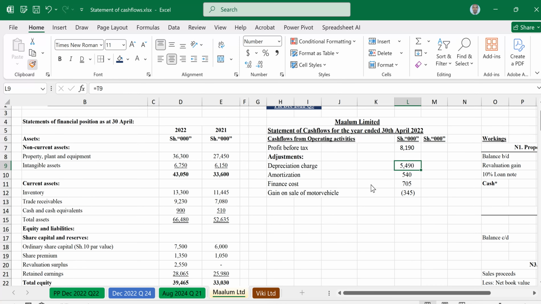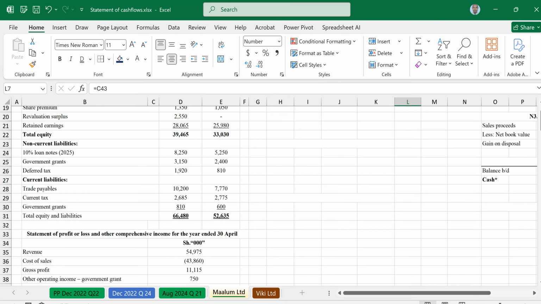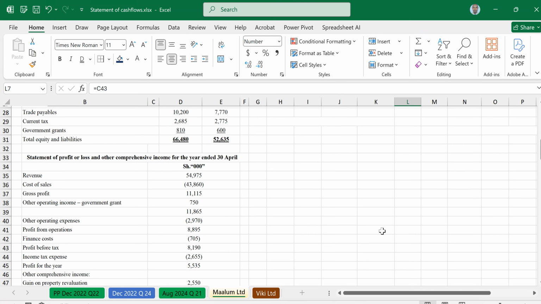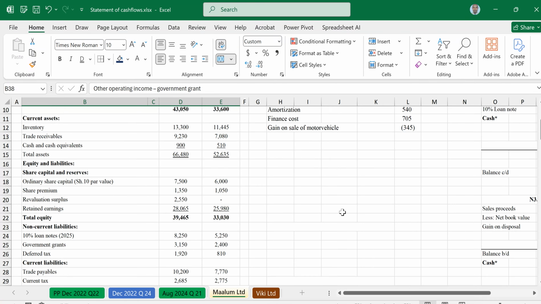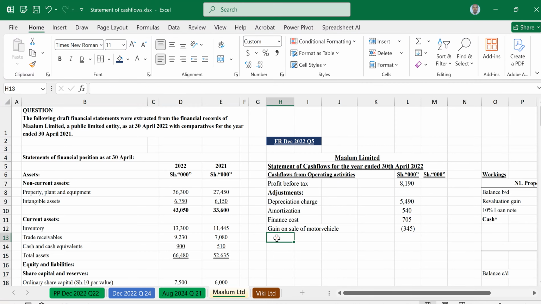Now, if we look at the statement of profit or loss, the only other item that perhaps requires an adjustment will be other operating income, which are government grants. But they said that it's an operating income, so we don't adjust for that. It was an operating income, government grants. Now, this will be operating profit